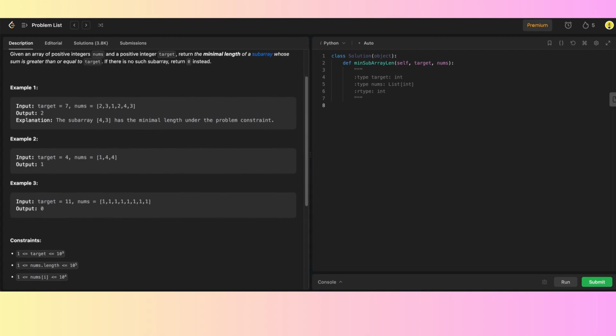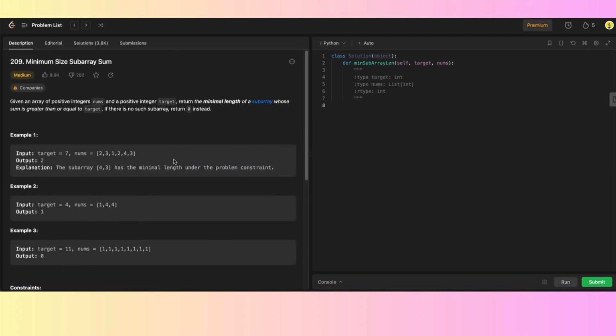So, what I'm seeing right off the bat, we should be using a two-pointer approach to find that minimal length of the subarray whose sum is greater than or equal to the target. So minimum length will need to be